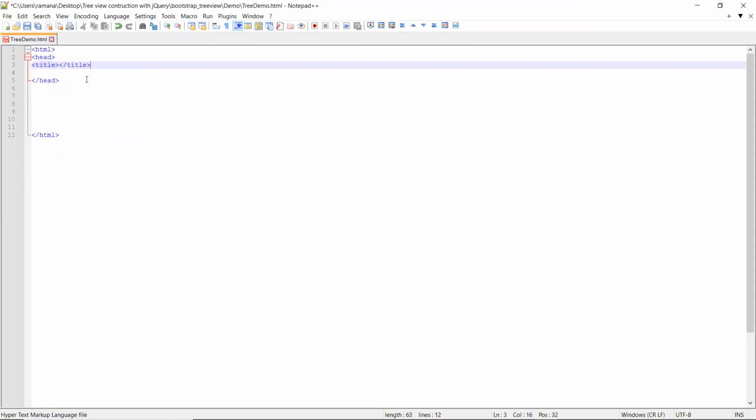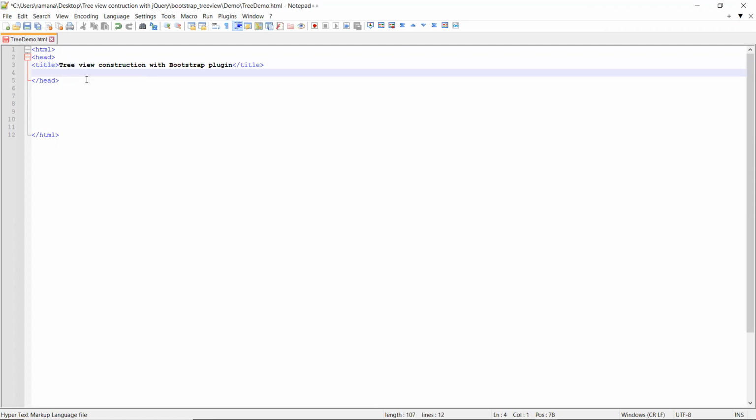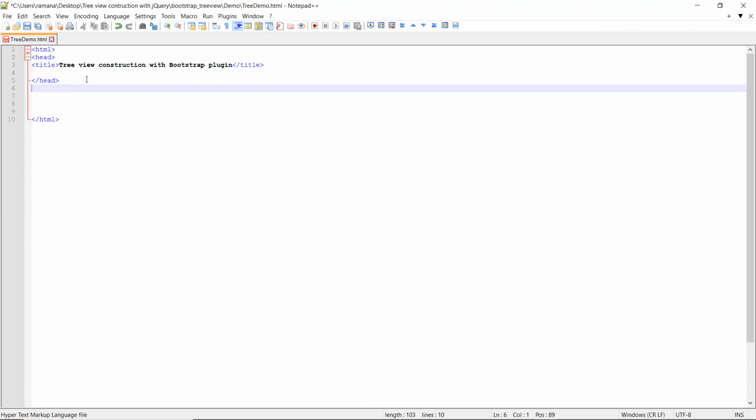I'm going to mention the title as preview in conjunction with Bootstrap. And definitely we need to include the Bootstrap plugins here, the Bootstrap JS file and Bootstrap CSS. Anyway you need to mention it, but for now I'm just mentioning the Bootstrap